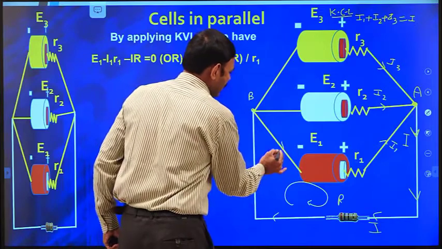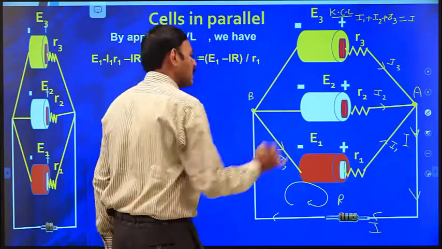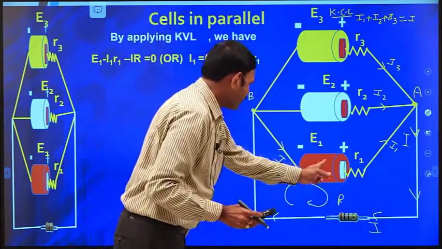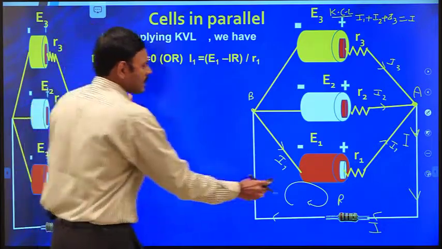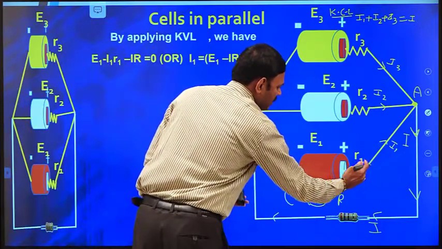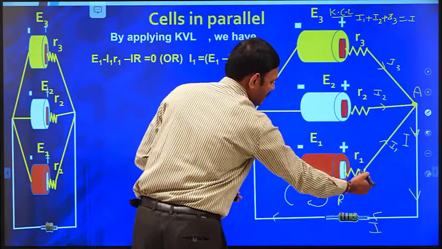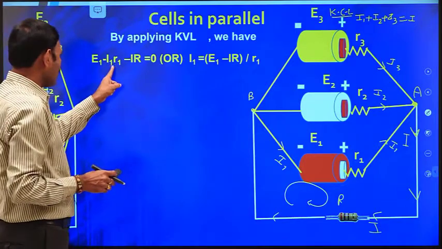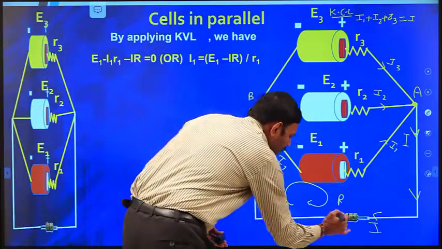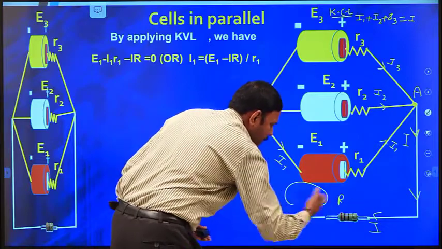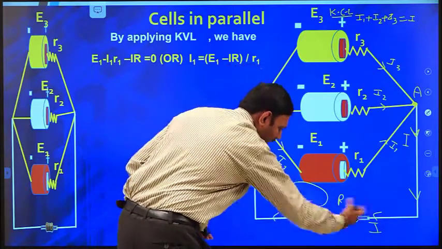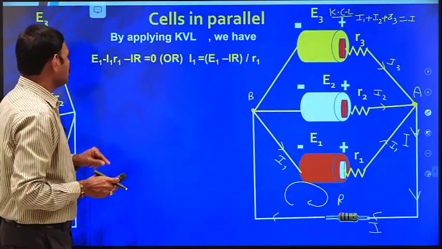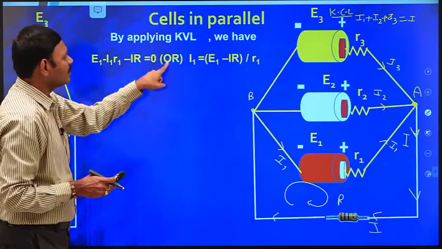Currents are passing. I1 is the current passing through the first battery. Only I1 is the current passing through the first battery. Here the potential difference, the EMF of the cell, is E1. As the current is traveling in the direction and we apply Kirchhoff's law in the same direction, the potential drop across the internal resistance is minus I1 R1. I explained it a number of times. Similarly, we apply Kirchhoff's law in this direction towards the left side, and the current is also traveling in the same direction through the resistor R. So minus IR. E1 minus I1 R1 minus IR is equal to 0.